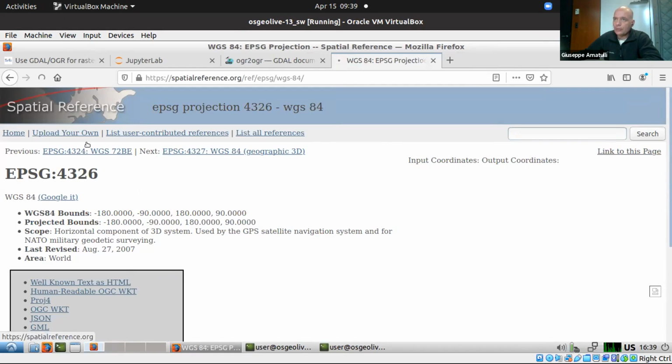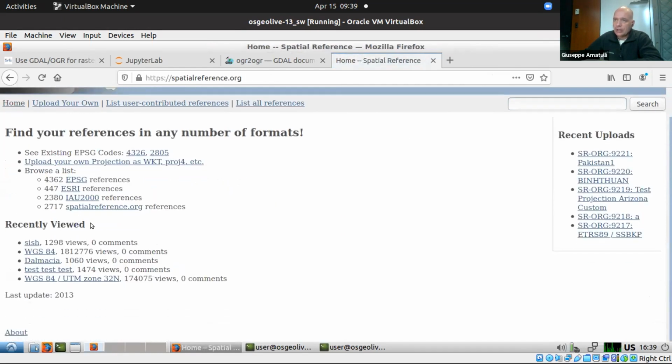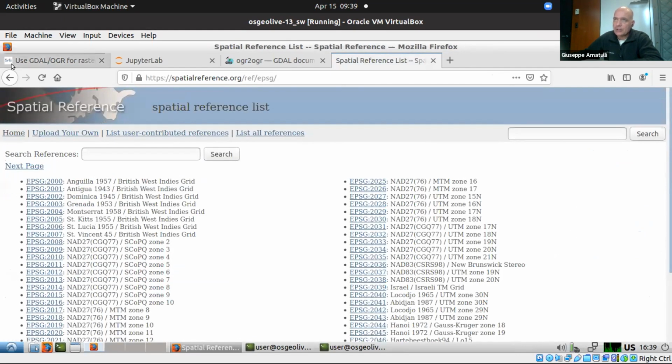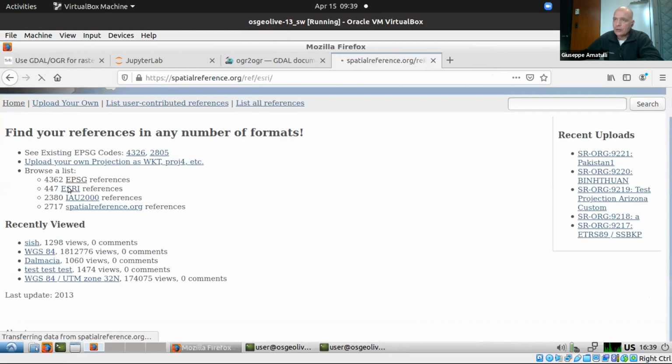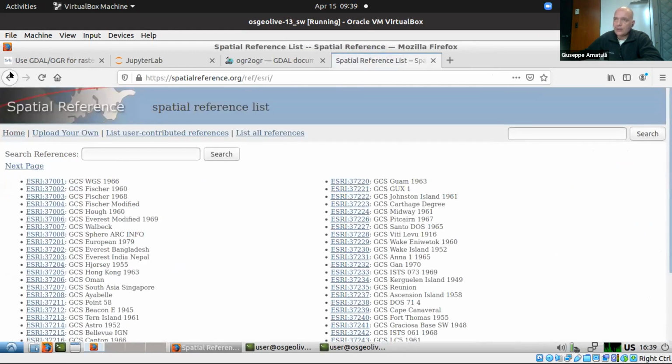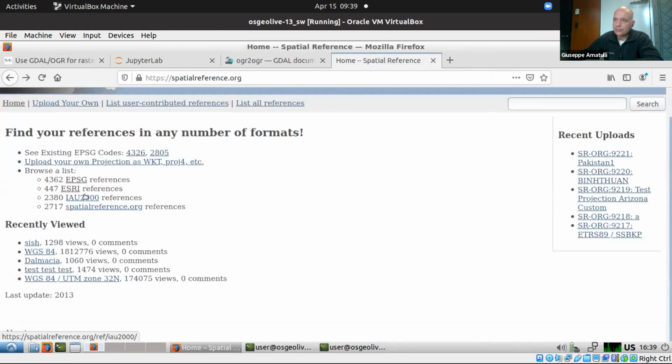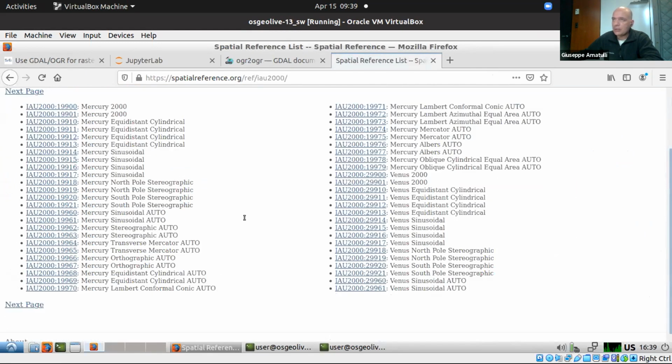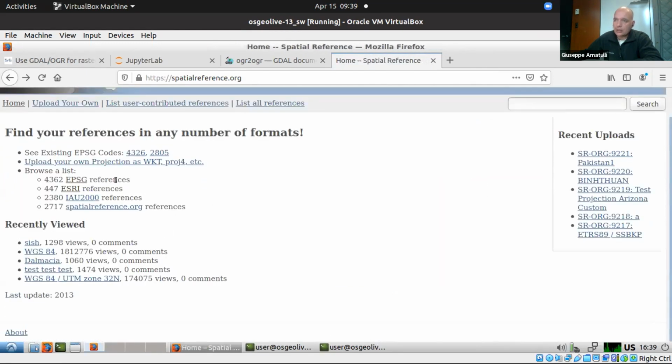if you go to the home, you can also see the other one. Yes, it's the EPSG code, and you can see also the other one, the OGR. So let me see if I find all this. And the beauty is that, yeah, this is the other one, SR-ORG. The beauty of this